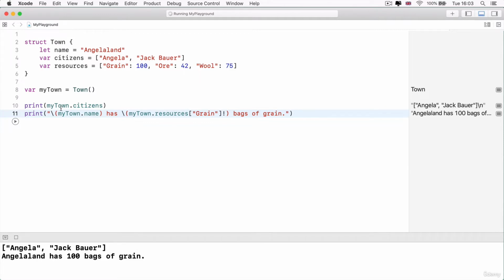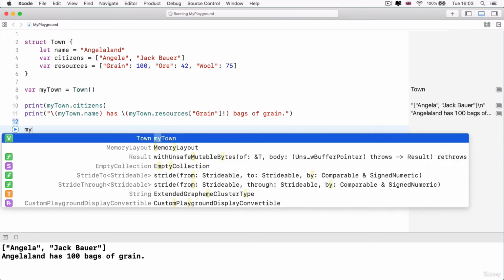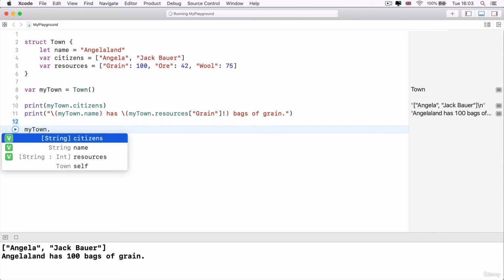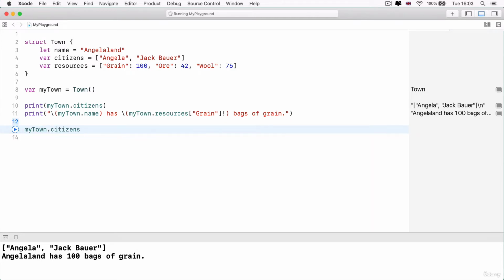Now with the object that we've created, myTown, we don't have to limit ourselves to just retrieving data or retrieving the values of properties of this object, but we can also add and modify it. So for example, let's say that my town has a new citizen, let's say that Keanu Reeves decided to move into this wonderful town, well then I might say myTown.citizens, so it accesses the citizens property of my town.